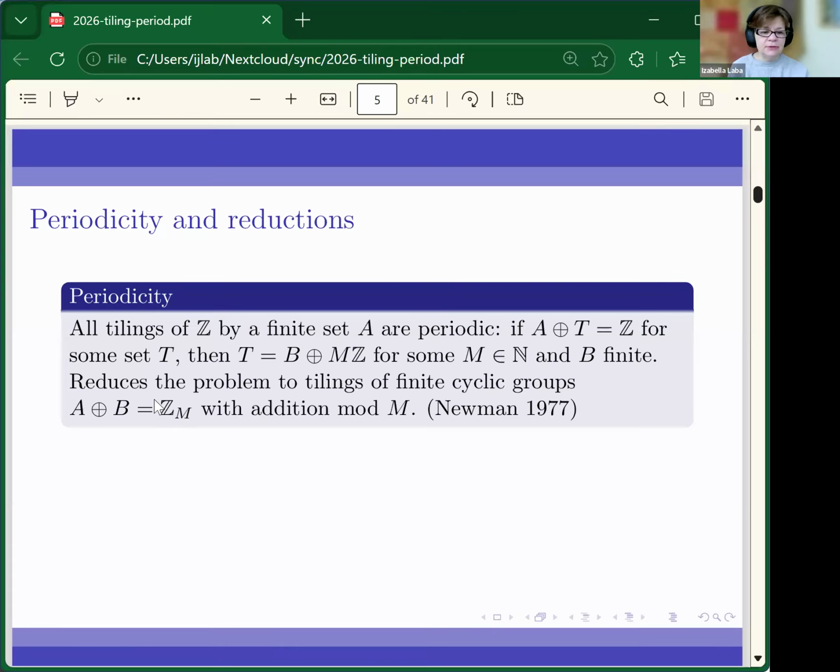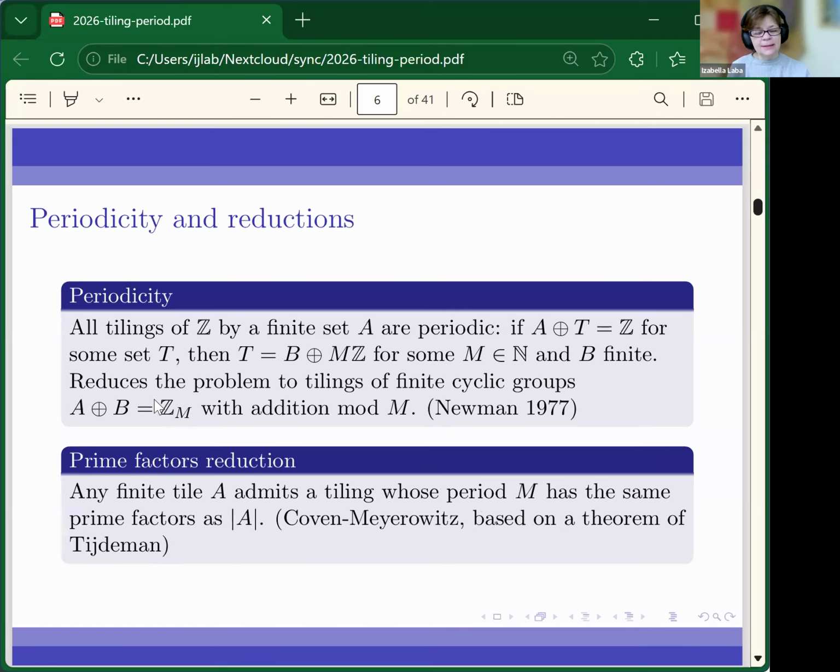This reduces the problem to tilings of finite cyclic groups with addition mod m. This is an old result due to Newman, but there's an interesting question about minimizing the period, and that's what I'm going to